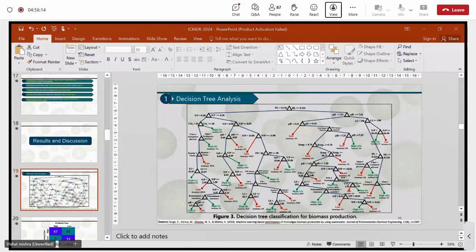So without doing experiments, we did this with the help of machine learning, analyzing the data set in the given research papers of the last 10 or 12 years, 2010 to 2022. The data was actually published in the Journal of Environmental Chemical Engineering. So what we actually did,